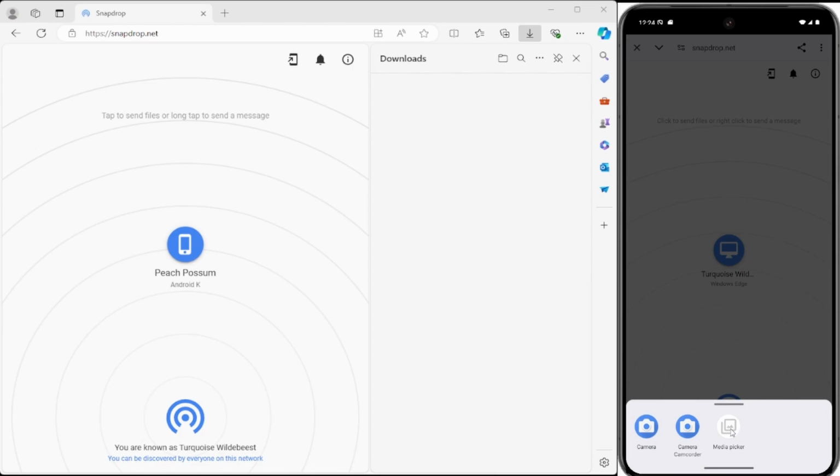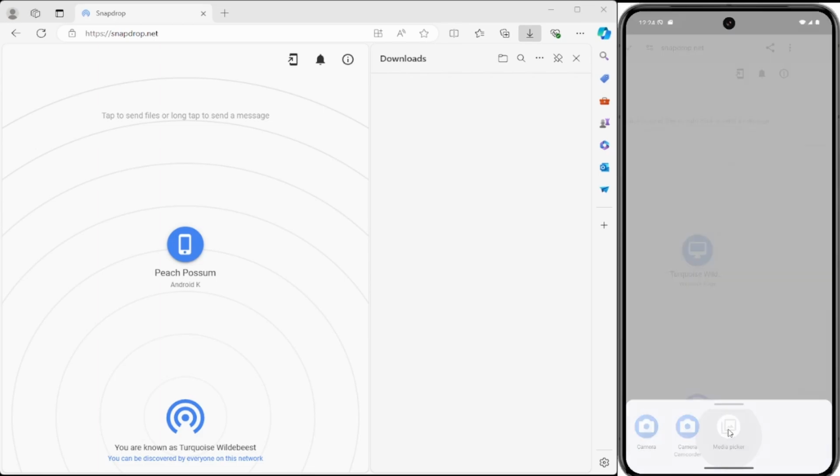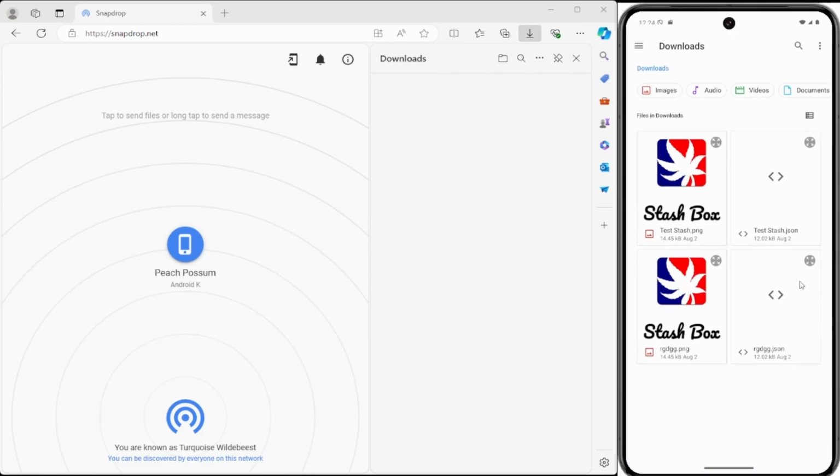on that, and then this will show up on Mac OS. I think it will say choose folder instead. So just click the folder option, and here we're going to do media picker. All right, so you can see some stashes that are in here, and we're going to want to select this one, select this